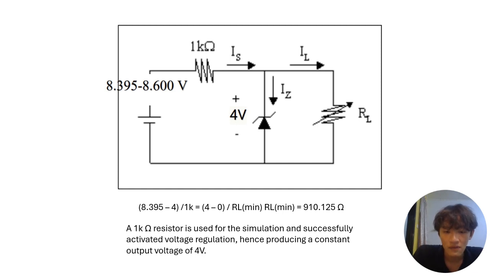Finally, to find the minimum resistance, we use 8.395 minus 4, divided by 1 kilo, to find the value of R minimum, which is 910.125 ohms. The resistor used in the circuit is 1 ohm, and we set the Zener voltage to 4 volts, and hence it is going to produce a constant output voltage of